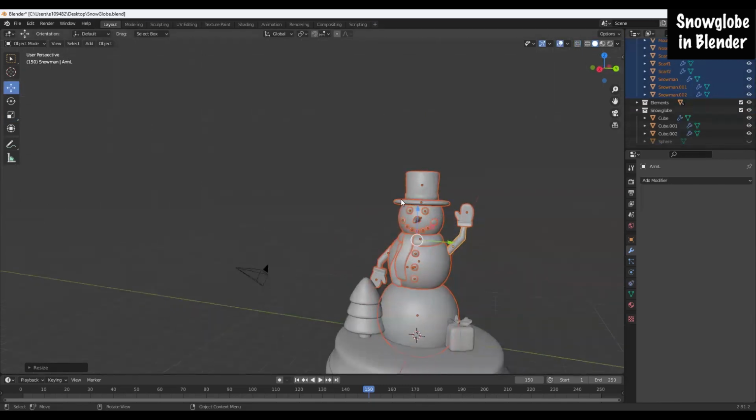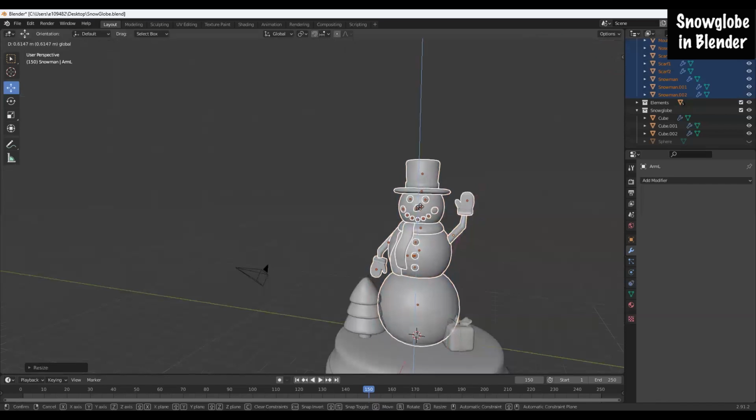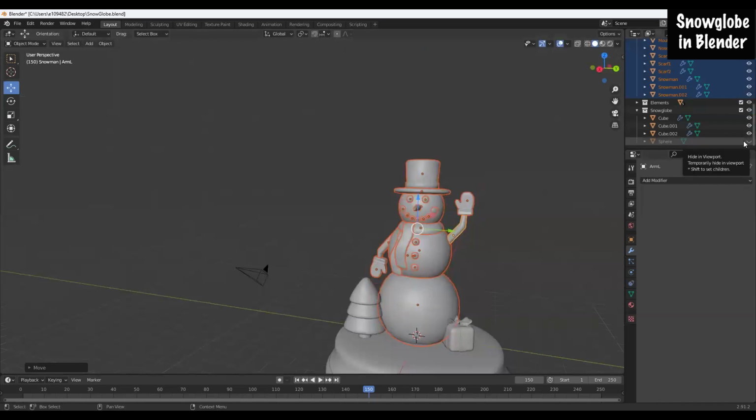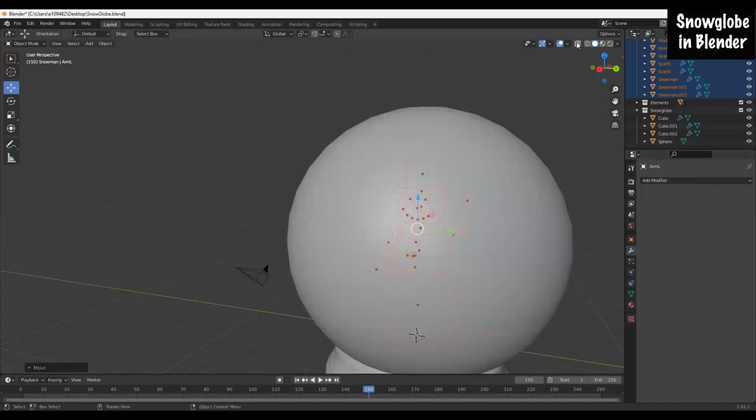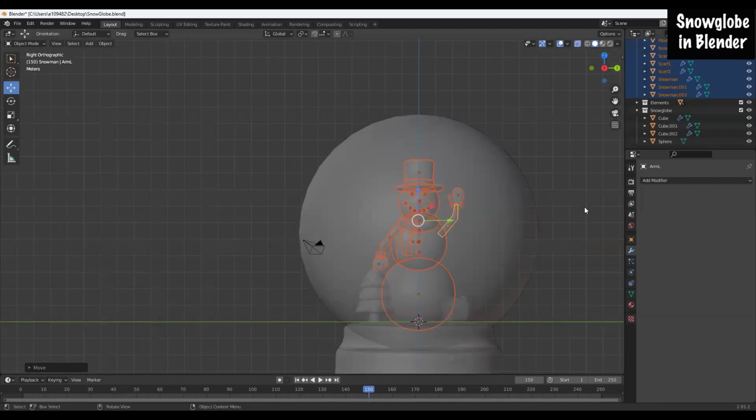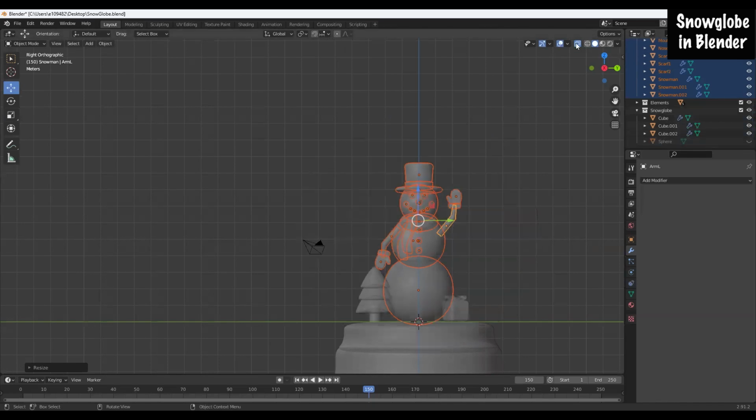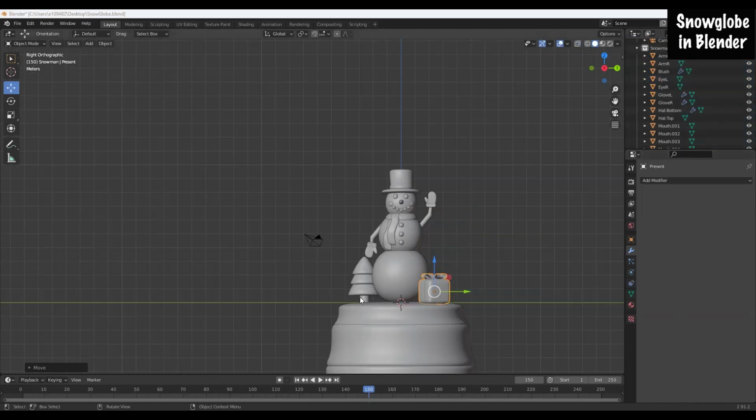And move this guy up. And turn back the globe. Okay, so I think maybe a tiny bit smaller. Okay. And turn off the globe again. Yeah, okay, so what I'm going to do is